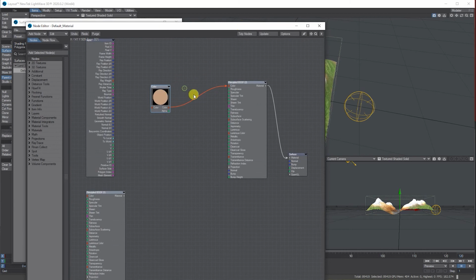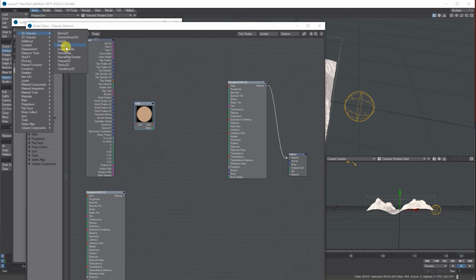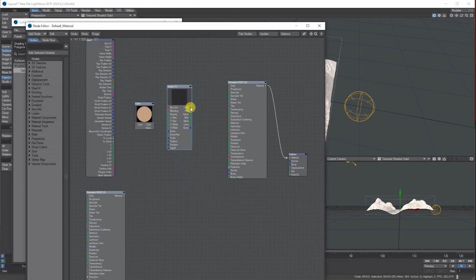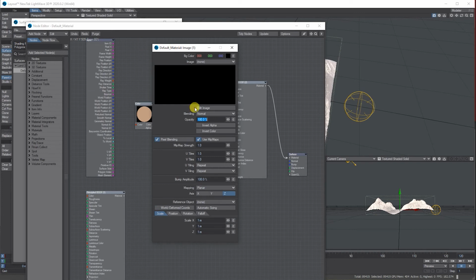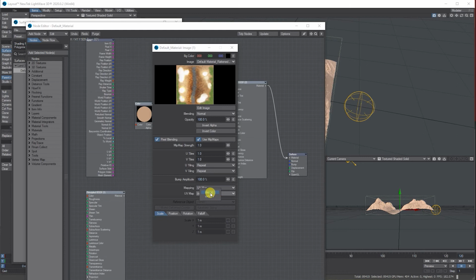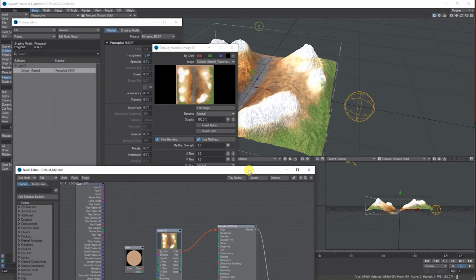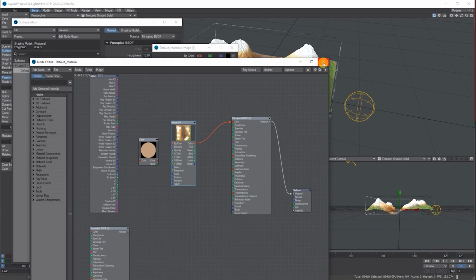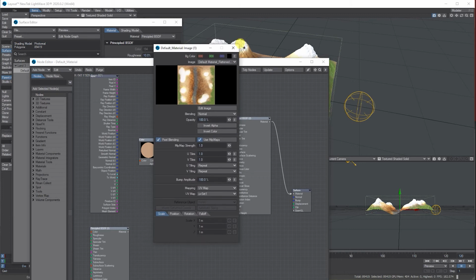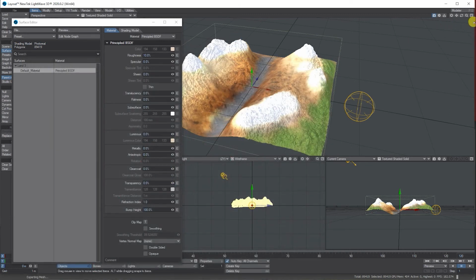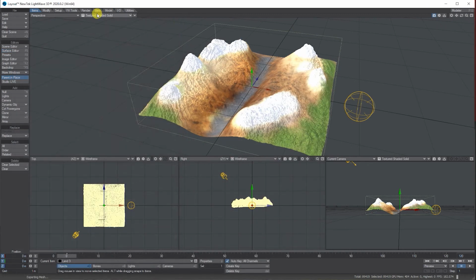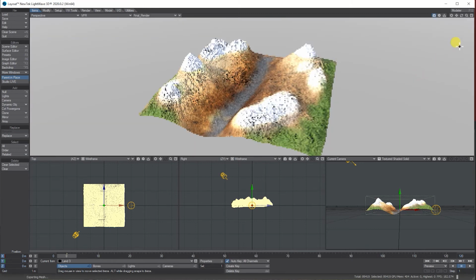Personally, I might spend the time just to go in here and do it as an image instead, because that's what the PBRs use. Like so. Okay, so that's what I would do personally. Let's have a look at what it looks like in VPR.